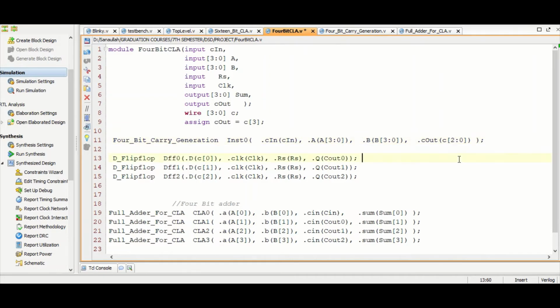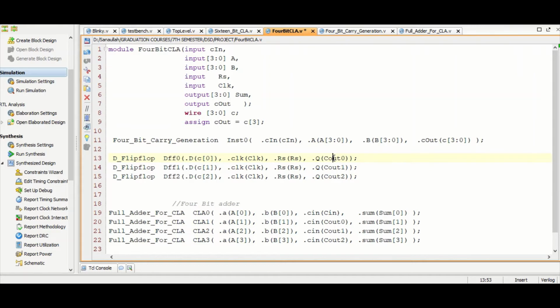We are not using the third one. So first Cin will feed directly into the 4-bit full adder like this, Cin, and the remaining 3 will be transferred by D flip-flops like cout 0, cout 1 and cout 2.